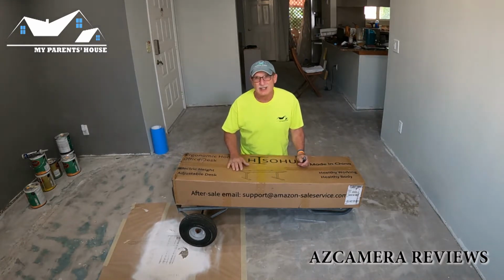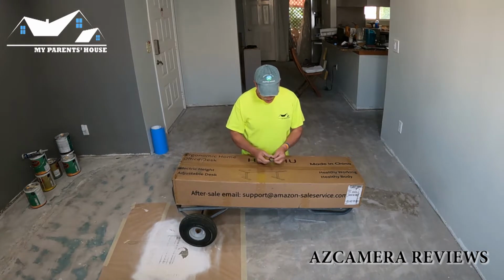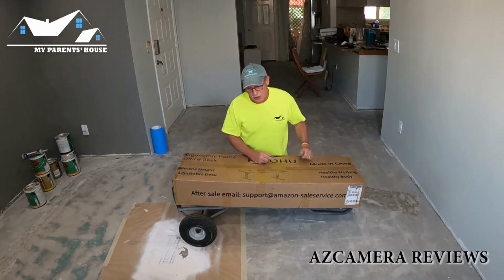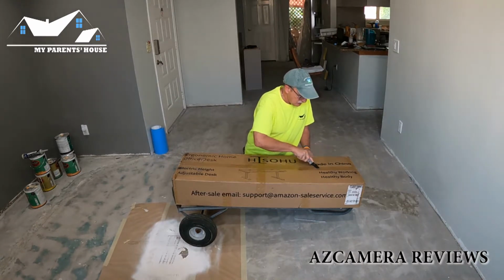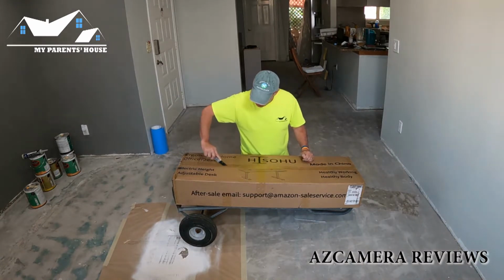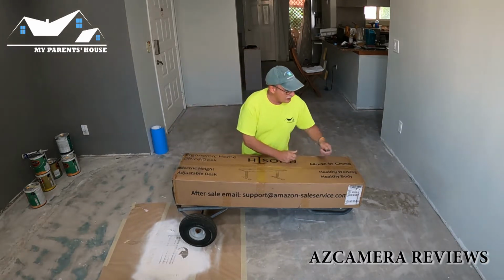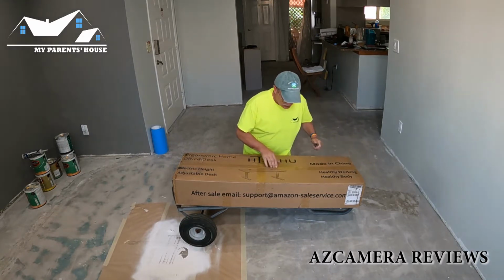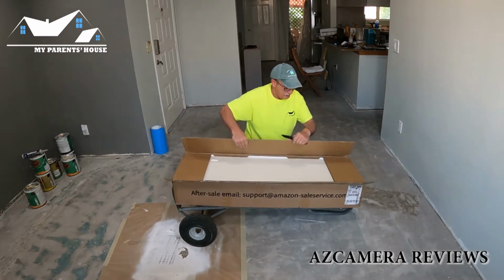The thing weighs like 68 pounds, so I had to bring it in on a dolly. They left it out front. So let's just kind of open it up. I know there's a lot of echo in here. I don't have my wireless mic because I'm just kind of doing this off the cuff today. But let's see what we got in the box. Let's open it up and we'll put it together, and you can see how it goes together and what's in the box. Okay, we open it up,